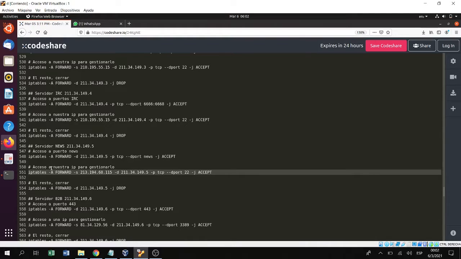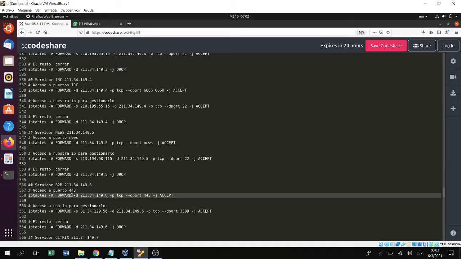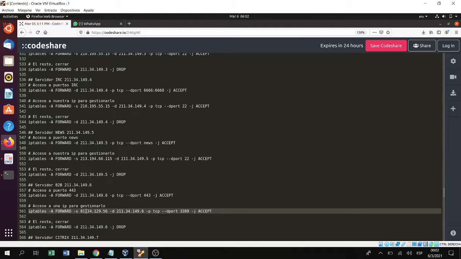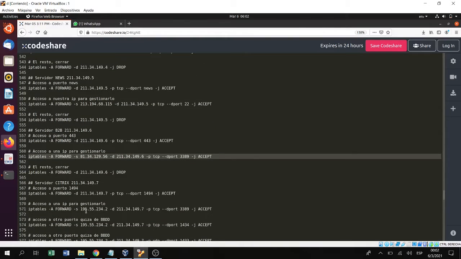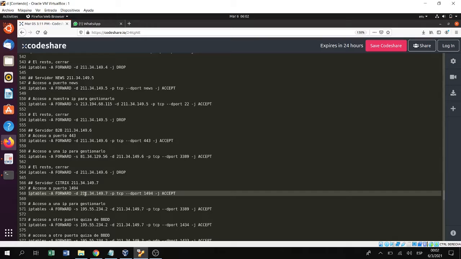Now we have access to our IP to manage it, and we close it. Now the B2B server with this number, we have access to the port 443. Here we have access to an IP to manage it, and we close it. Right here the Citrix server with